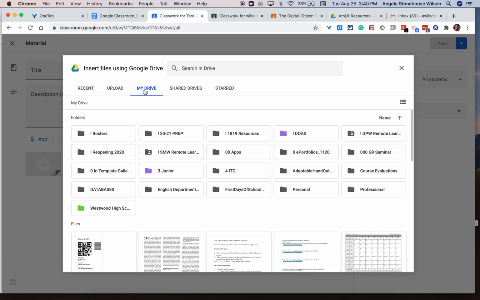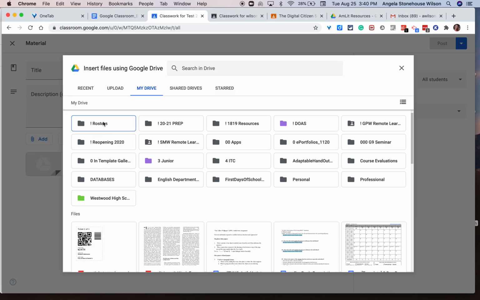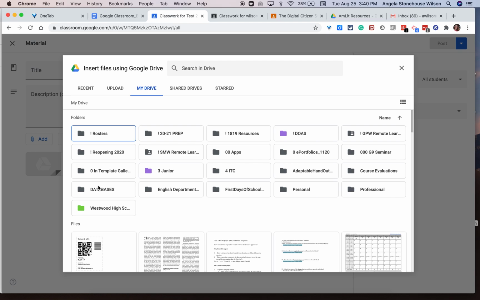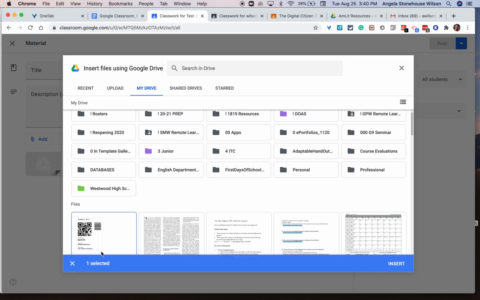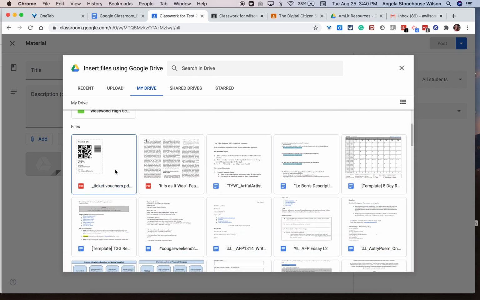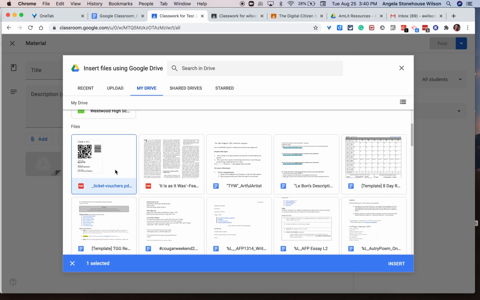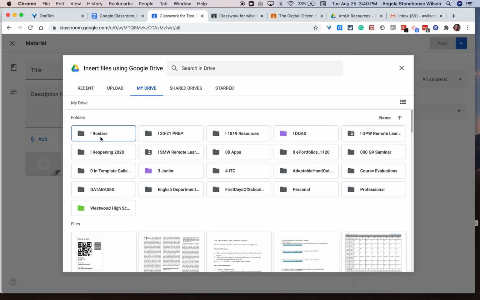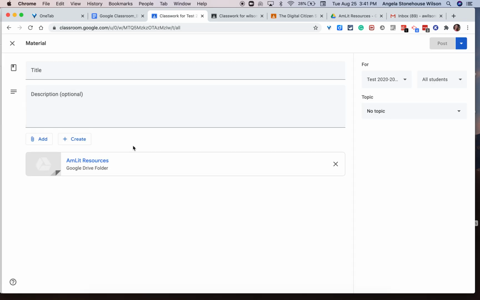I'm going to just click that and see. So when I click a folder, I don't get the insert option the way I did with the file option. Yeah. So I think the linking to the folder